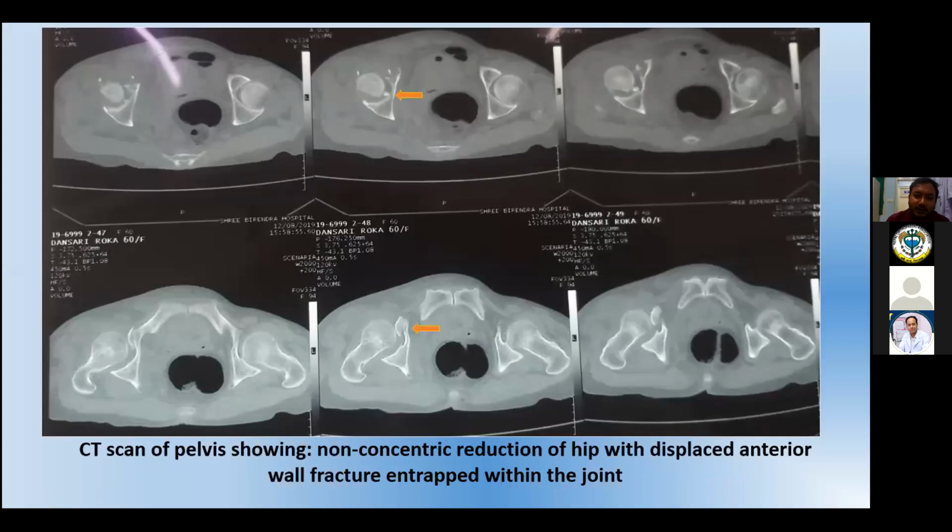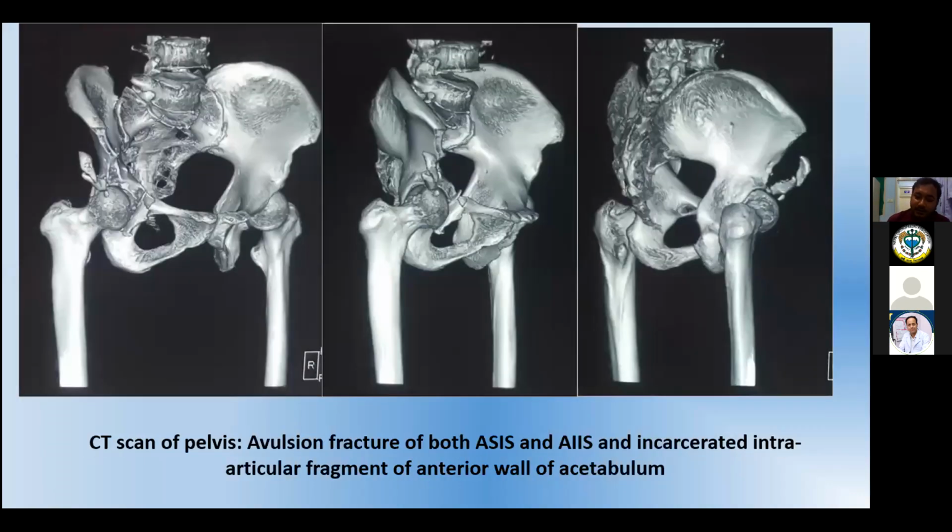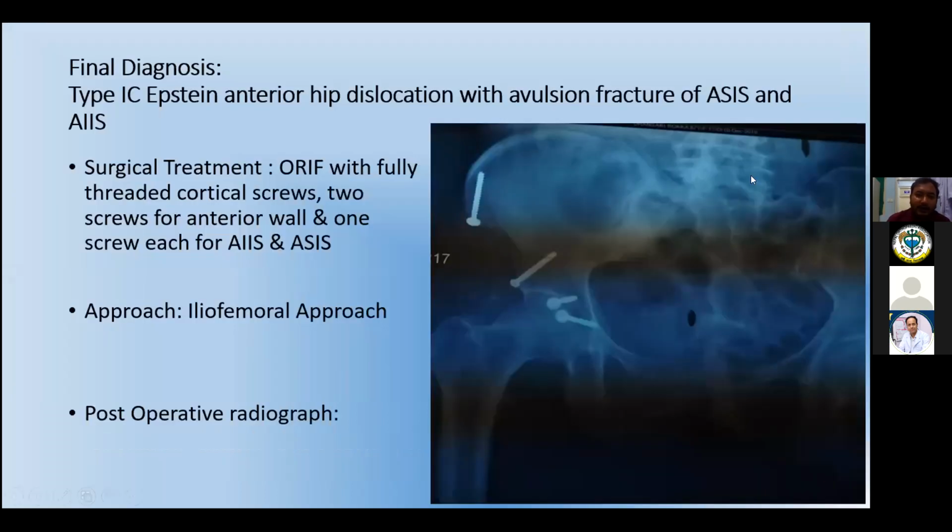This is the 3D picture, which shows the avulsion of both the anterior superior iliac spine and anterior inferior iliac spine with an incarcerated fracture fragment of the anterior acetabular wall within the joint. Our final diagnosis of Epstein type 1C anterior hip dislocation with avulsion fracture of the anterior superior iliac spine and anterior inferior iliac spine was made, and the surgery performed was ORIF with fully threaded cortical screws, and the approach